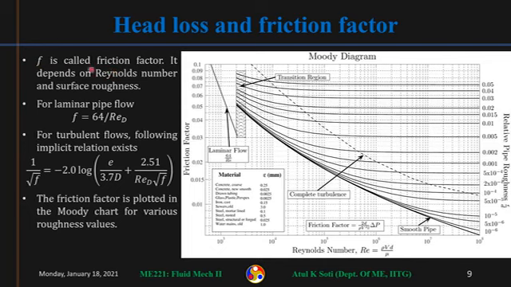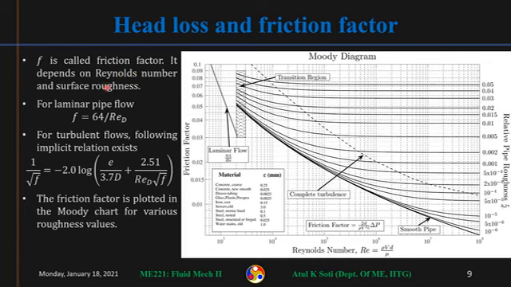Okay, and this friction factor is only accounting for major head loss, that is the head loss due to frictional effects in a straight pipe. There were other kinds of losses, minor losses, which were due to bends, valves, area changes, right? So in a whole piping system, we need to account for all these losses, major and minor losses, and calculate the complete head loss. And then our pump needs to support that head loss. It needs to provide that much pressure drop. Then only our piping system will be having the desired flow rate.